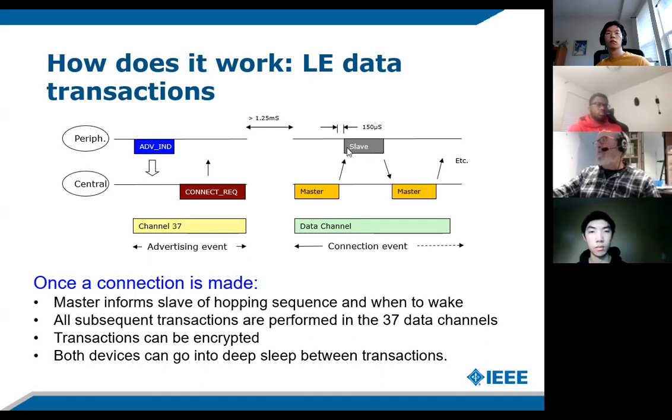In fact, most of the message is header, trailer, and CRC and routing information. It's not the payload at all. So it doesn't take very long to send these little messages back and forth. Once it's done, you're done. And both devices can go into deep sleep between transactions.